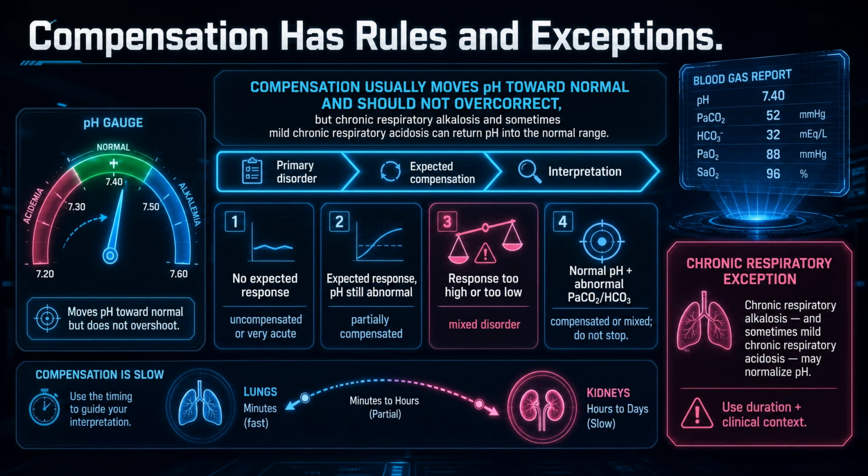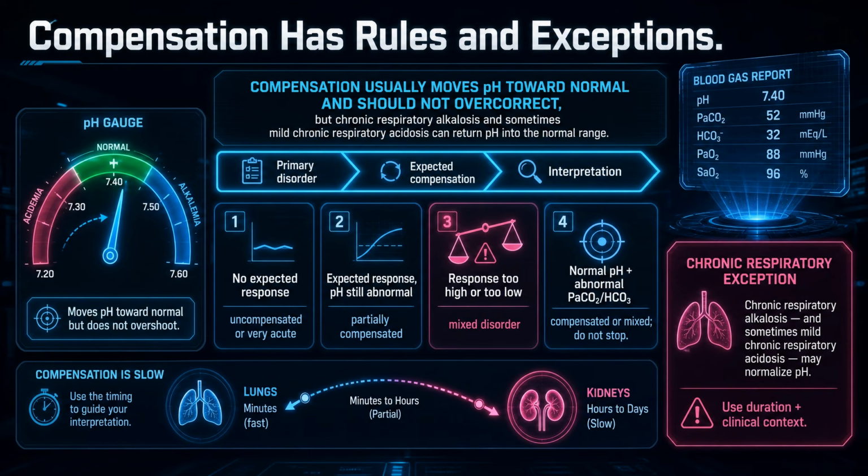But there is an important nuance. Chronic respiratory alkalosis and sometimes mild chronic respiratory acidosis can bring pH into the normal range. So a normal pH is not automatically mixed, but it should make you ask about duration, clinical context, and whether